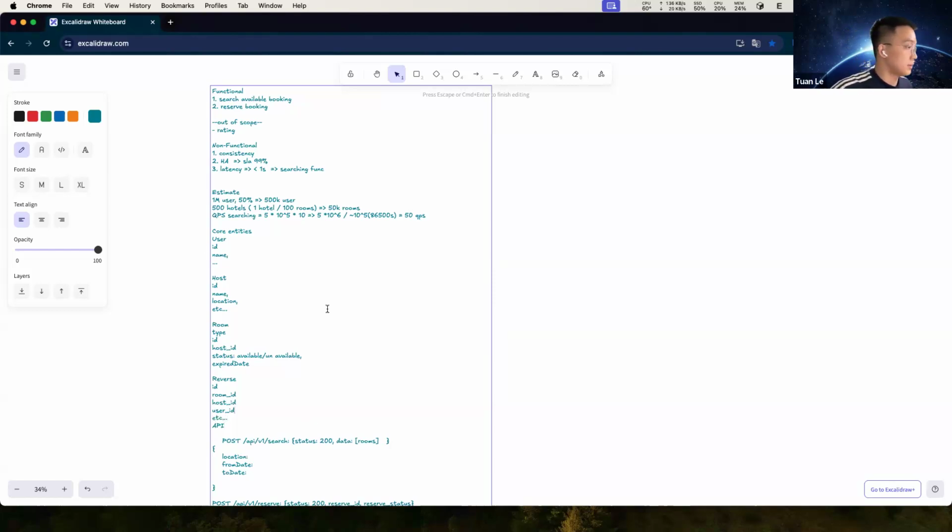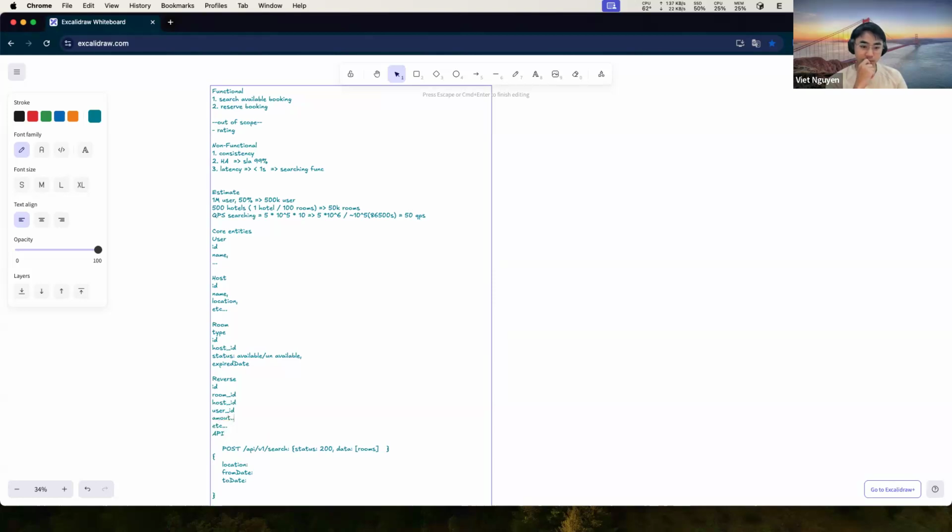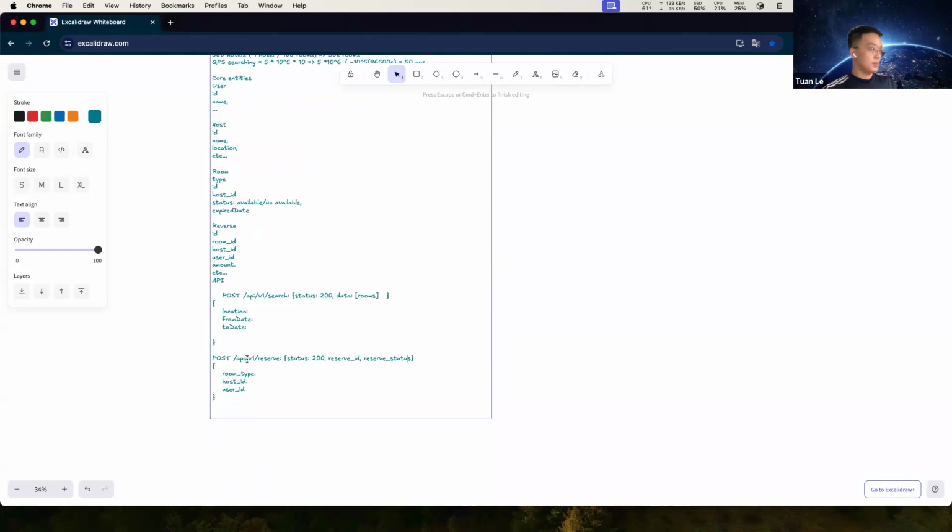Okay, so we have two APIs for this function.